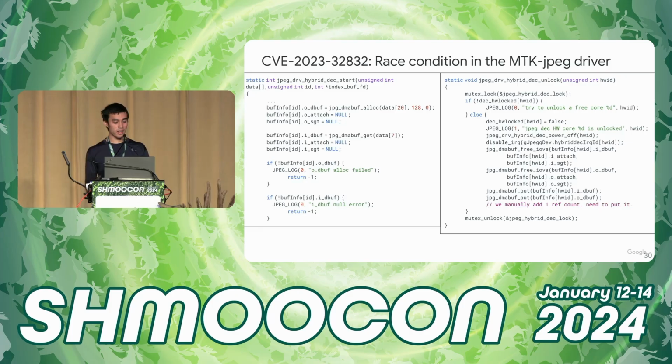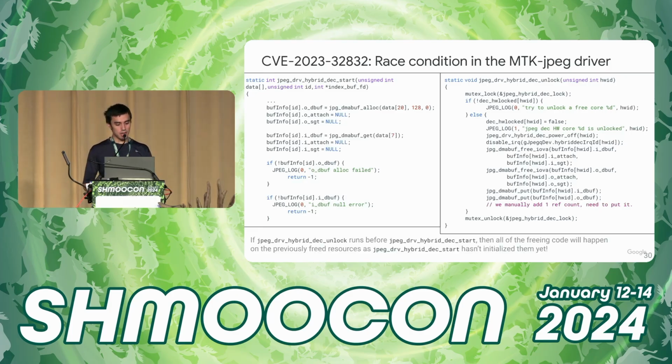If we look at these two things that are racing simultaneously, the one on the left is initializing all of these parameters at the same time that JPEG DRV hybrid dec unlock is trying to free all these parameters. You can overlay these functions however you want and find which version best suits your exploitation strategy.